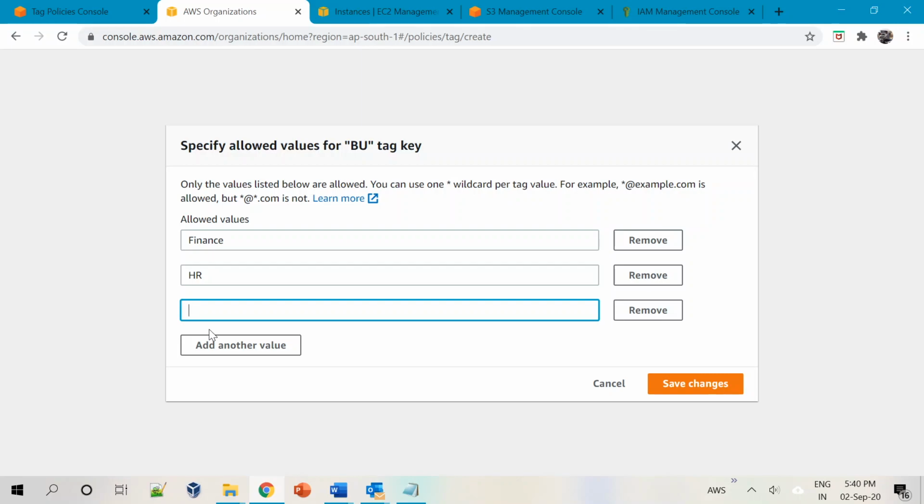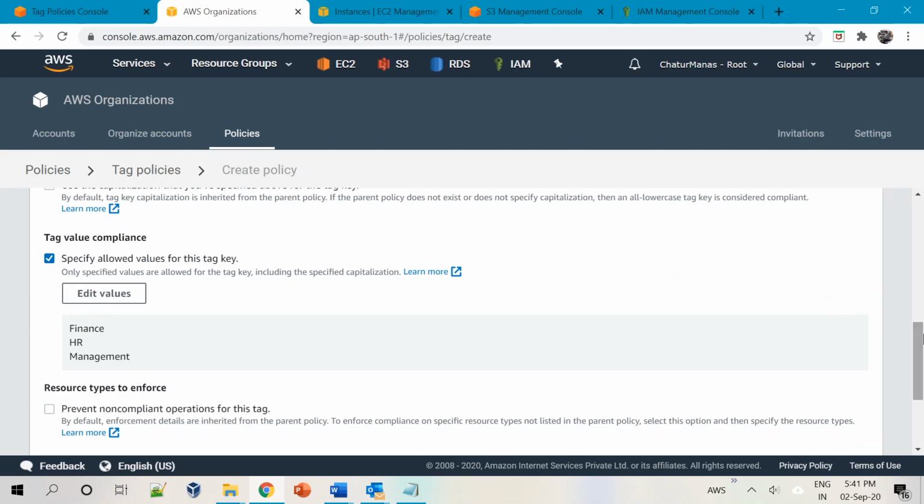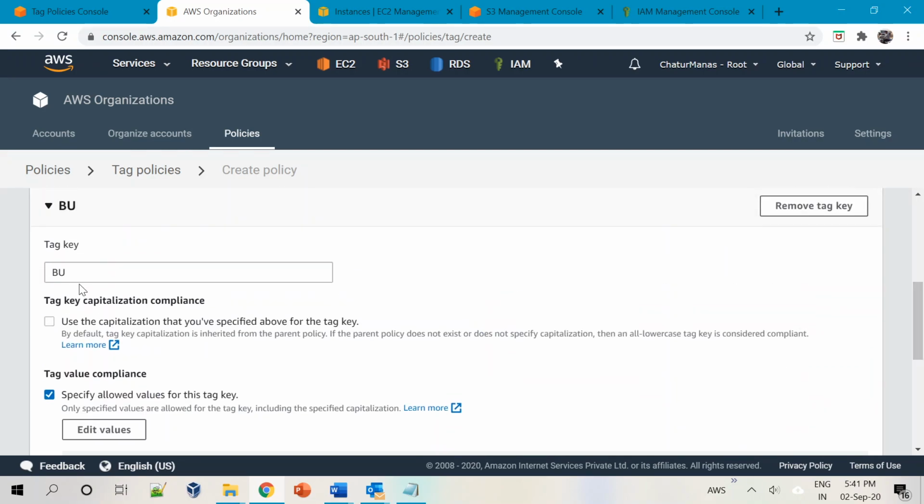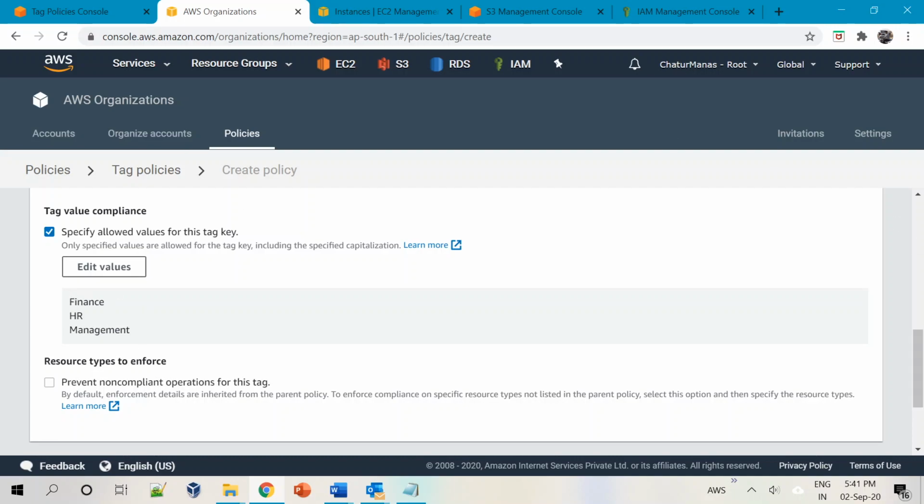Business unit, finance, HR, let's say management. And I'll say save changes. So what we are telling here, you have an option of giving a tag called BU, but whenever you are giving a tag key as BU, the value must be either finance, HR, or management.